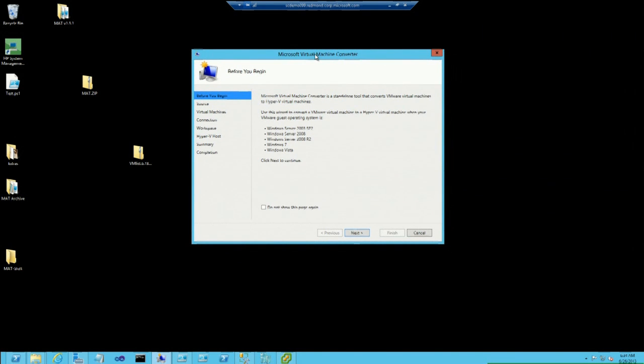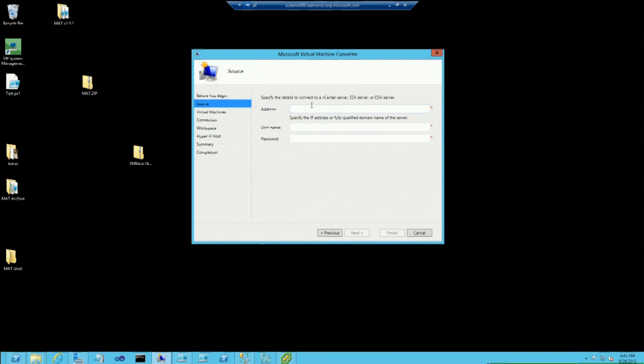So as Matt said, there's two versions of this tool. There's the UI, which we have here, and it walks you through as a wizard, and we'll do that real quickly. And then there's also a command line version. So there's an exe. The exe supports a full conversion. It also supports just a disk conversion. So if you had a disk standalone that you wanted to convert, you could do that as well. So you see here, it shows you what operating systems are supported. And then we can go and talk to our